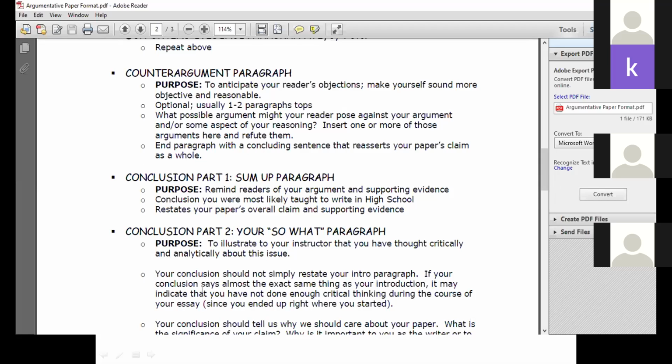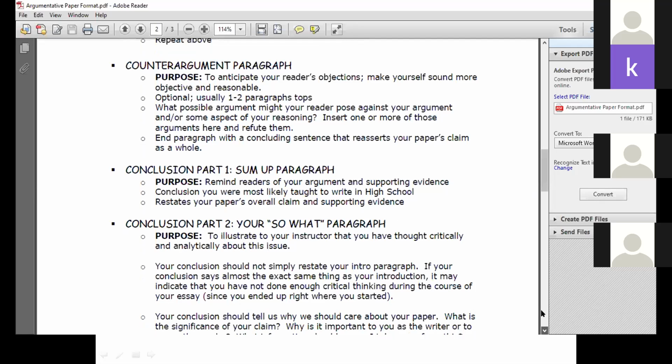So you will divide the conclusion into two parts, and in the first part you will summarize your entire paper. The purpose is to remind readers of your argument and supporting evidence. This is the conclusion you were most likely taught. This is non-technical, that's why high school is mentioned, but the approach will be the same. And then the second part,